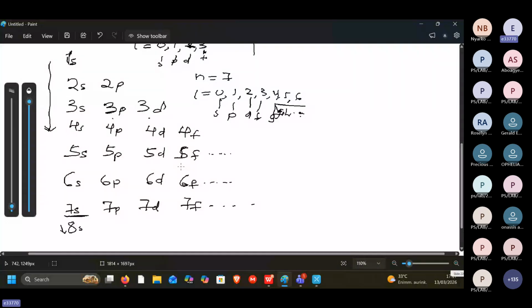Now, Aufbau says that when we are filling, let's start from the lower energy. So 1, 2, 3, 4 means that we are going down. As we are going down, the energy is going to be increasing. 1 is smaller than 2, so that means 2 is bigger than 1. So down there, we are increasing the energy. So as we are going 1, 2, 3, the energy is